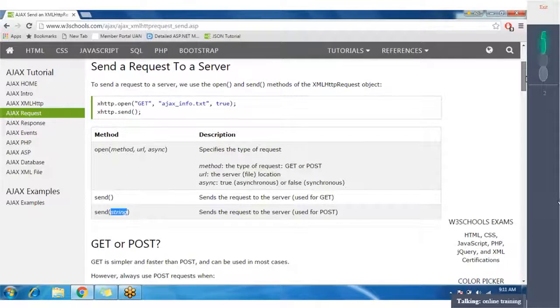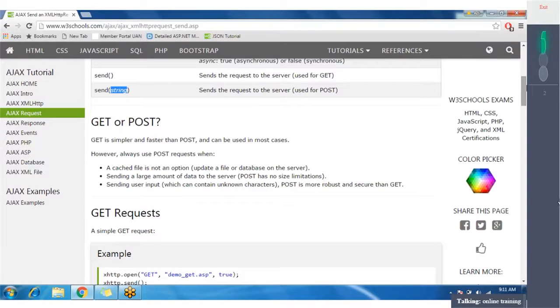However, always use post request when sending a cached file is not an option, when updating a file or database on the server, or when sending a large amount of data to the server. The query string has some limitations, so you cannot pass more than 243 characters in it or something like that. If you want to pass a large amount of data to the server, you can use the post method.